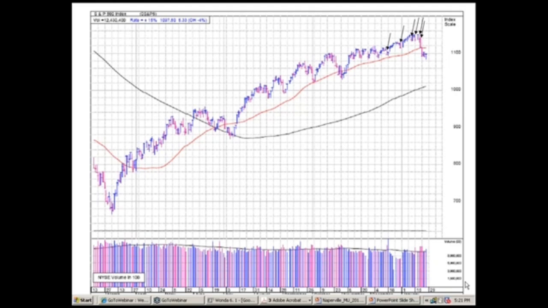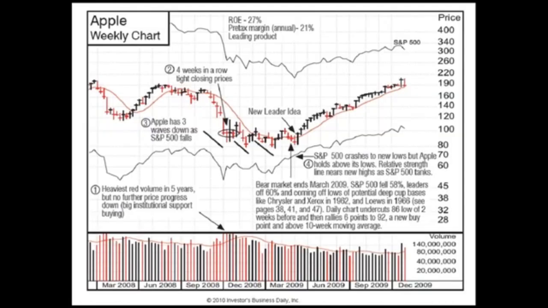But let's look now at, we'll go back to this institutional service, and I'll show you the specific stocks, some of the best ones that we came up with that were available right at the follow-through day, some a day or two before or after. And I'm going to go over 10 of them to show you that they were there, and your job is to learn how to read charts, not just okay, but with enough skill so that you can spot these little details we're going to talk about.